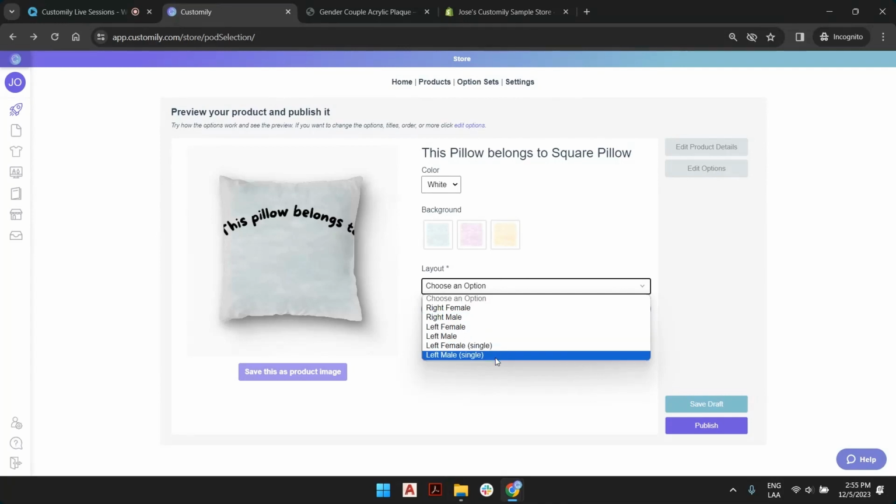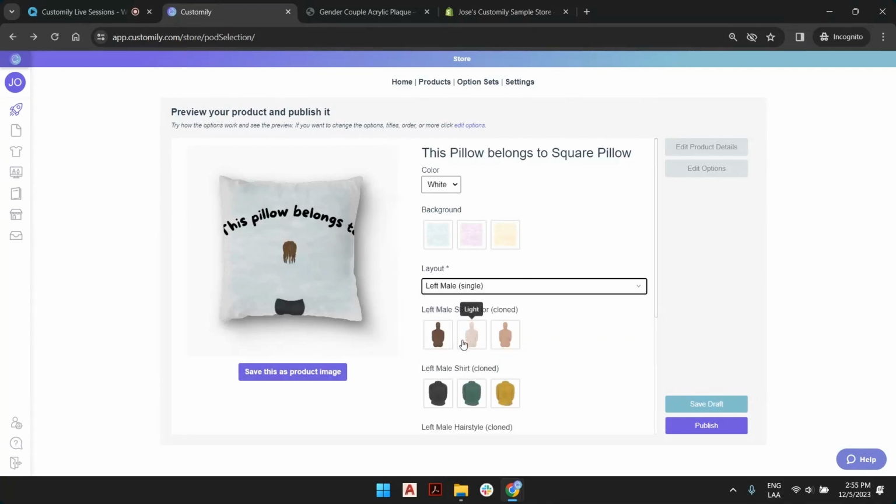Let's pick, for example, male single. Yeah, that's me. And let's pick this and this so we can preview our character, and we can save this to be our new product image. We can actually